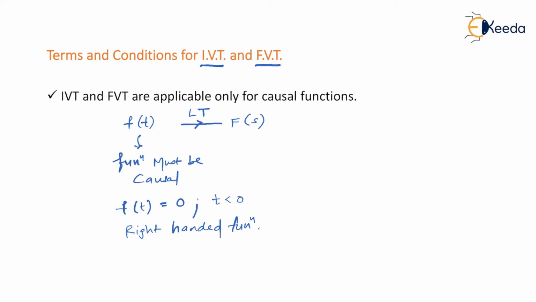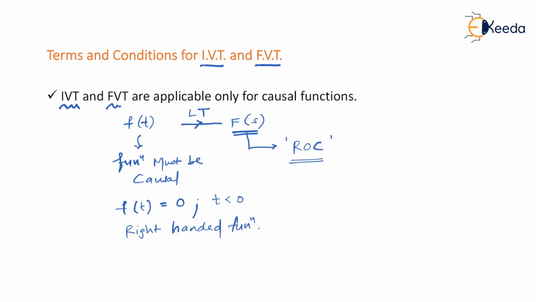Now the question is, what is given to us is F(s) and not f(t). Then is it possible to identify whether the initial value theorem and final value theorem are applicable for a given F(s)? Yes, you know that by using the ROC, by observing the ROC, you can identify whether the system is causal or not. I hope you remember how to identify causality of the system looking at the ROC. Whenever the ROC is to the right-hand side with respect to a given pole, only then is a function said to be causal. Am I right? So please keep this in mind.